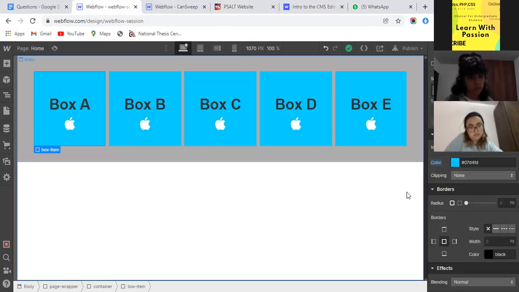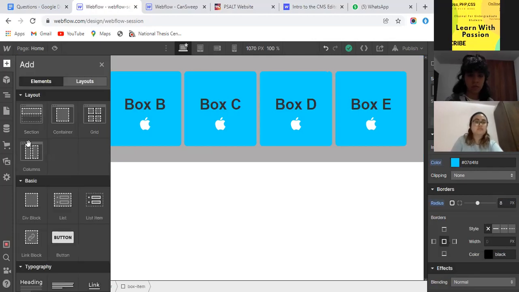One small thing I am adding here: if I want to add border radius, we can control it from here. You can check the radius and the borders are changing. Eight is looking much better. So I need a border, let's suppose, in red color.